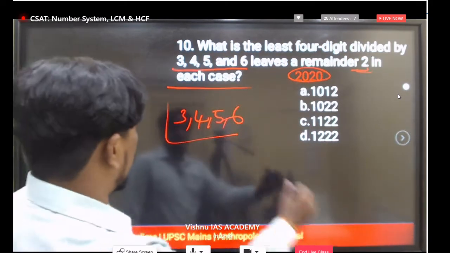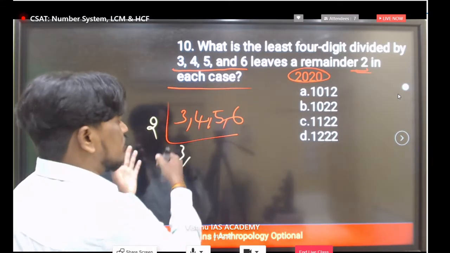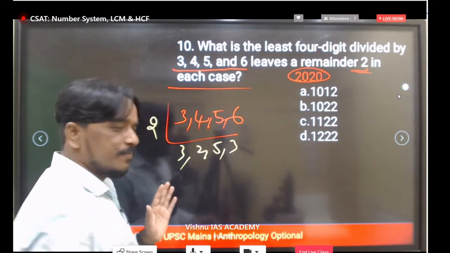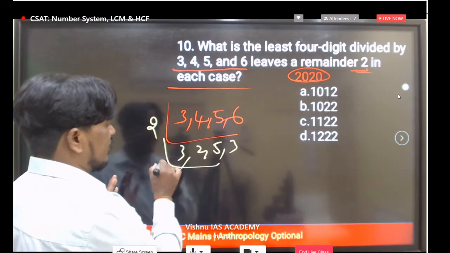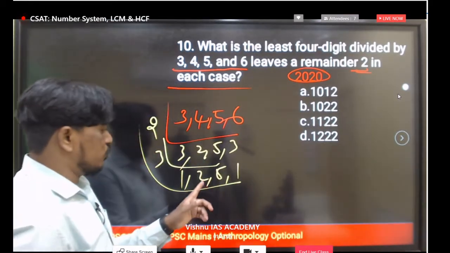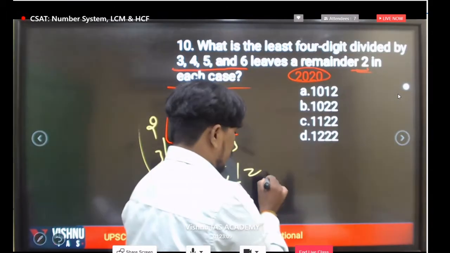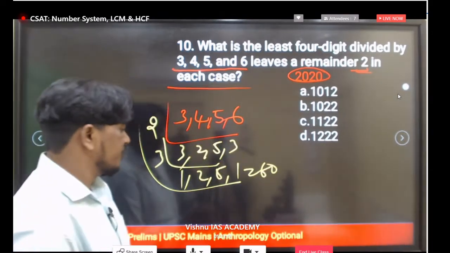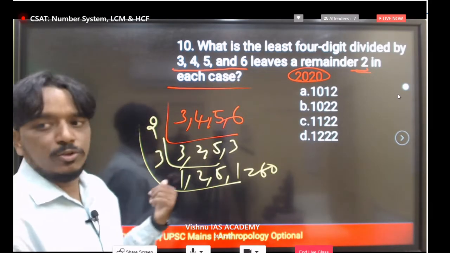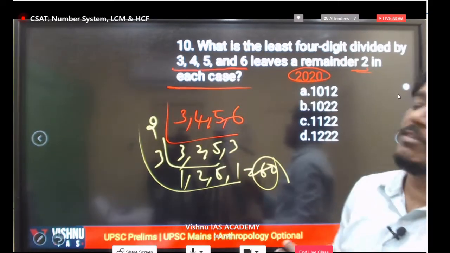Now let's see what we will get here. Even with a very basic approach, what can we take here, 2 or 3. You can take 2, 2, 5, 2, 3, or once again 3 times 1, 2, 5 and 1. If you multiply 2 into 3, 2 into 5, into 2, into 3, you will get 60. Is it correct? Clear? 5 into 2 into 2, 4, 5 into 4, 20, 20 into 3, 60. We are getting 60 here. This is the LCM of the given numbers.